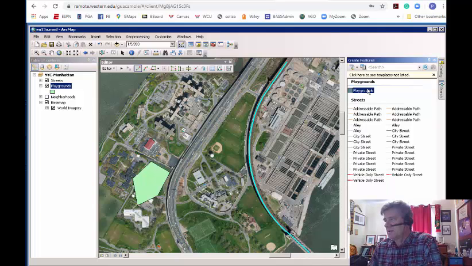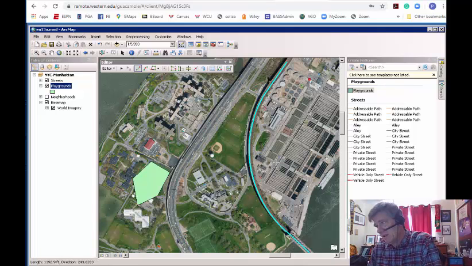I want to digitize a polygon. Let me remind you, I'm working on remote access and I've been able to move around the screen this quickly, but let's imagine that I'm digitizing this series of water treatment areas, and what I want to show you is the value of fewest clicks possible, right? So I'm going to put a vertex there, and I'm going to put a vertex there, and I'm going to put a vertex there, and you can see how easy it's going to be for me to go crooked versus if I just go straight to the corner,